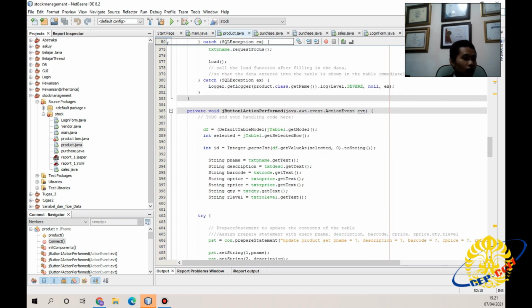Then call the load function after filling in the data, so that the data entered is shown in the table immediately.